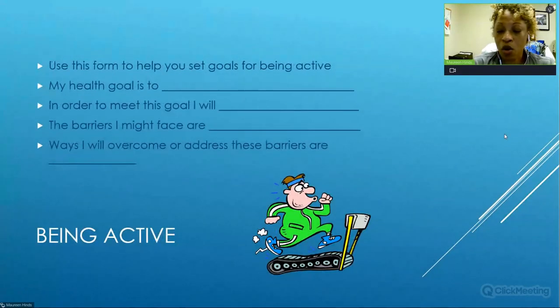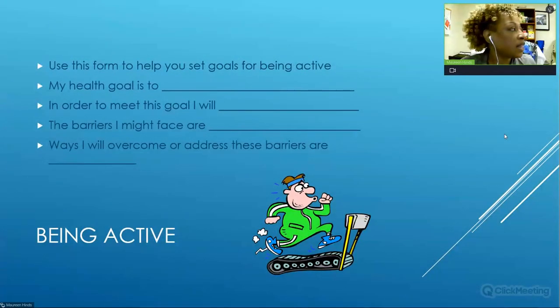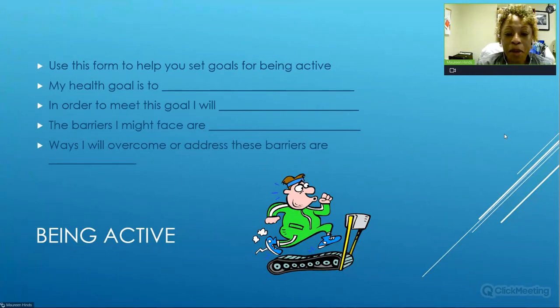Here's our opportunity now. We talked about healthy eating in the last slide. Now let's make a goal. Same thing about exercising. For those of you who would like to improve your activity level, think about something you'd like to do that you're not doing right now that would improve how active you are. Once again, keep in mind that it should be specific, measurable, action oriented, realistic, and timely.